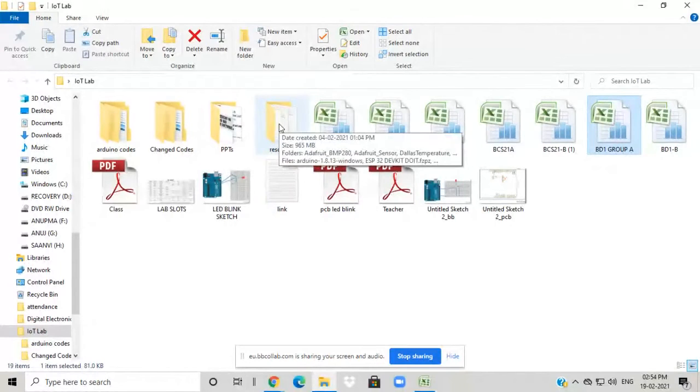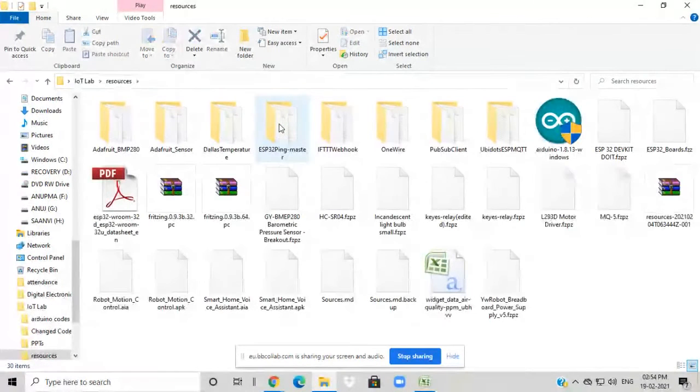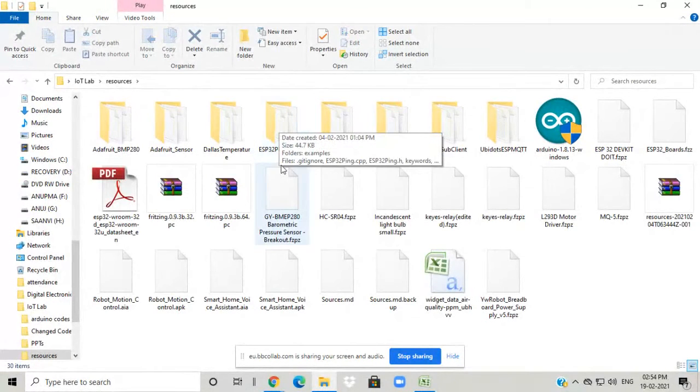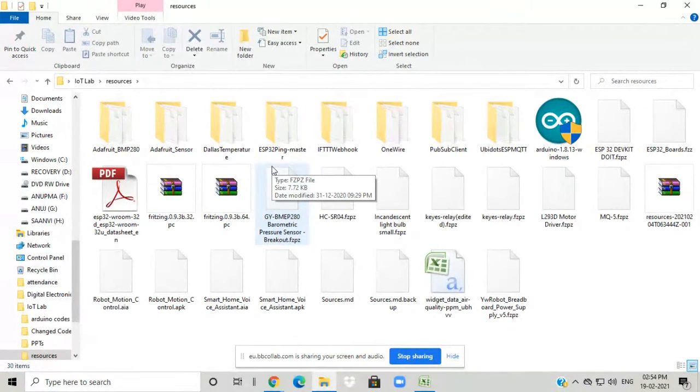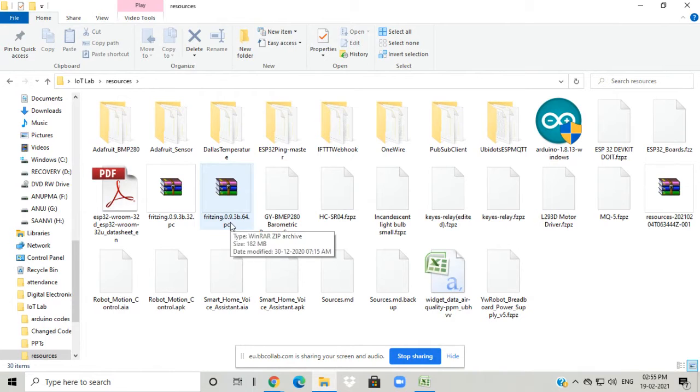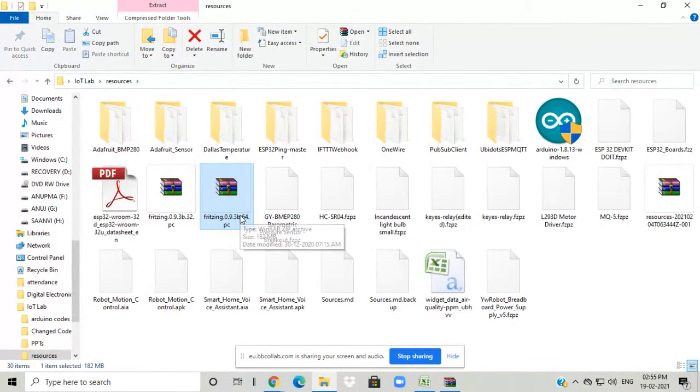As you know, I explained to you in the last lab. So resources are there on the blackboard. In the software, the software's link is there in the blackboard. That is the Google Drive link. In that link for Fritzing, two versions are available: 32-bit and 64-bit. So for my laptop, it's the 64-bit. So I opened the 64-bit Fritzing software first to export the files.